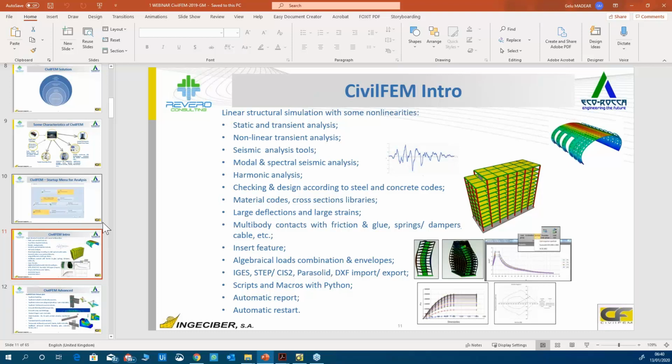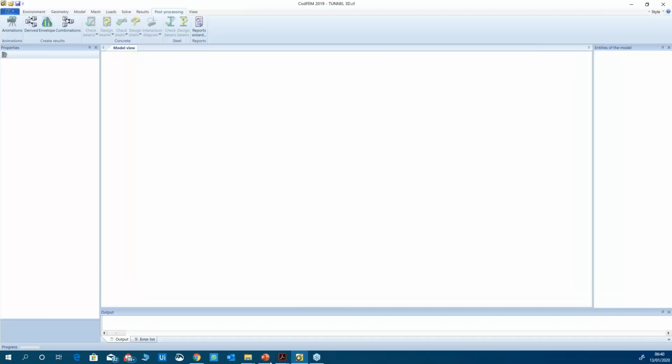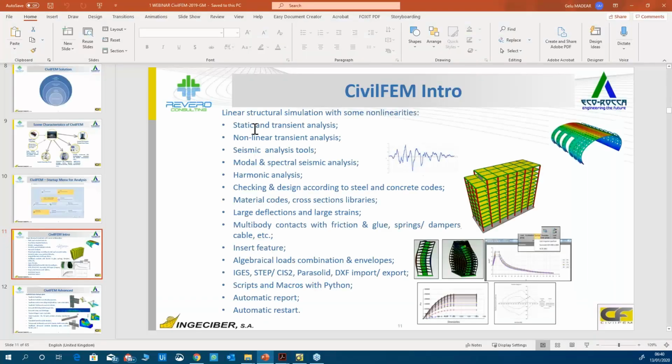The first option of CivilFEM is CivilFEM Intro. And we have here the details of the capabilities of CivilFEM Intro. We can do a static and transient analysis, a nonlinear transient analysis. We do have seismic tools. We can do a modal and spectral seismic analysis, harmonic analysis, we can do checking and design